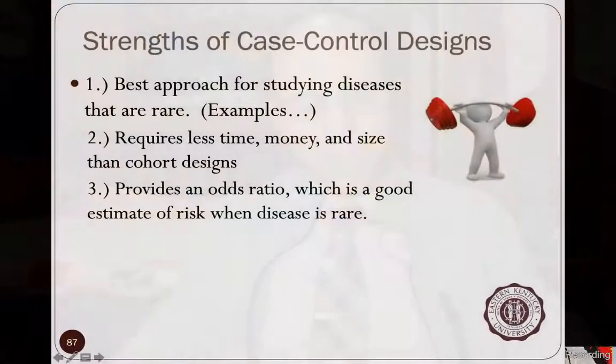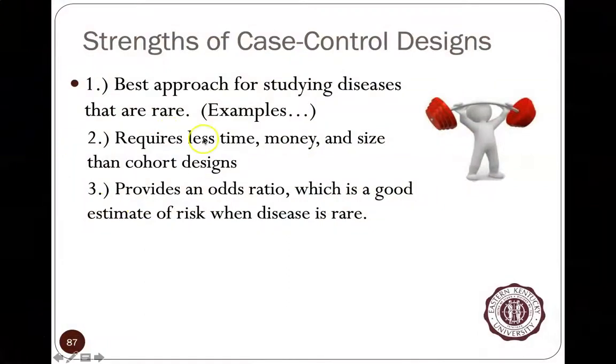Also, if the disease is rare, like it's an occupational disease, and you got 40 people at a work or at a job site that got some horrible disease, and it's really uncommon in the rest of the world, you then need to compare them to other people that they may work with to figure out why they got the disease and the other people didn't. Was it where they were working at or whatever? So these are really good for studying rare diseases.